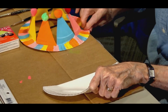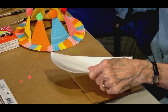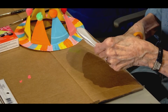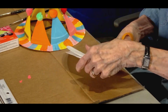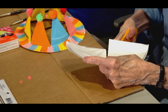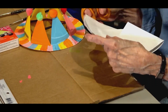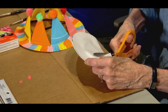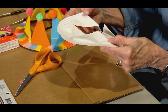What that does is make the crease more visible if you want to cut it there. Again, my best guess as to where the middle is, I'm going to cut down to the set of ridges. And then again, I now have two parts. I'm going to cut starting at the point, best guess in the middle, and then do the other one like that, best guess, cutting it in the middle all the way to this ridged area, and then open it up,